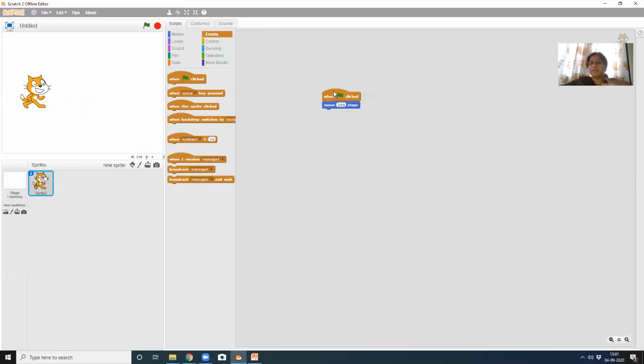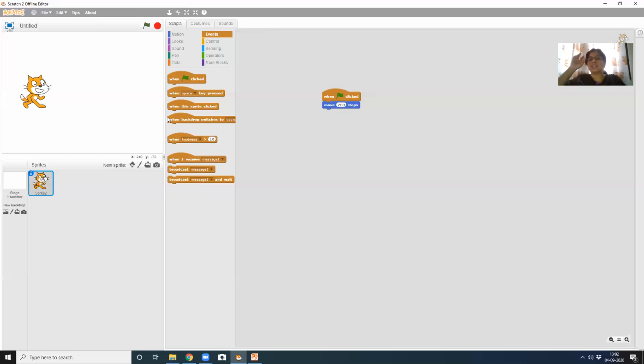Normally, whenever we are writing a block for movement, it is better to use this when flag clicked. Children, just remember, event means when I do this, that should happen. Are you able to understand? When I press the enter button, the sprite should jump.